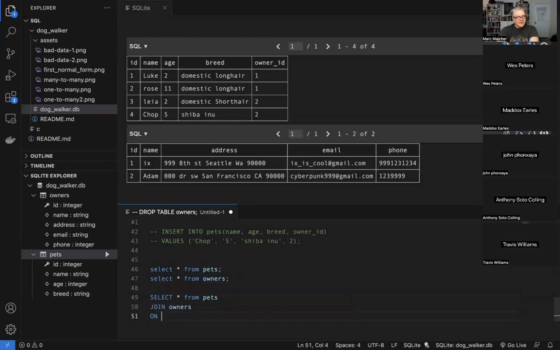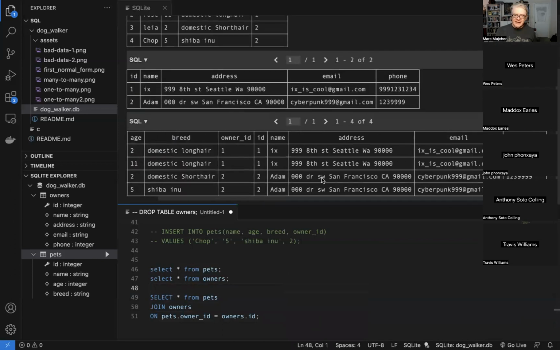So in this case, I want to say where the pet's owner ID equals the owner's ID. So this should get me a table that has all that stuff smashed together for all of the entries. So I'm selecting from pets, join to this. Let's see what that looks like.